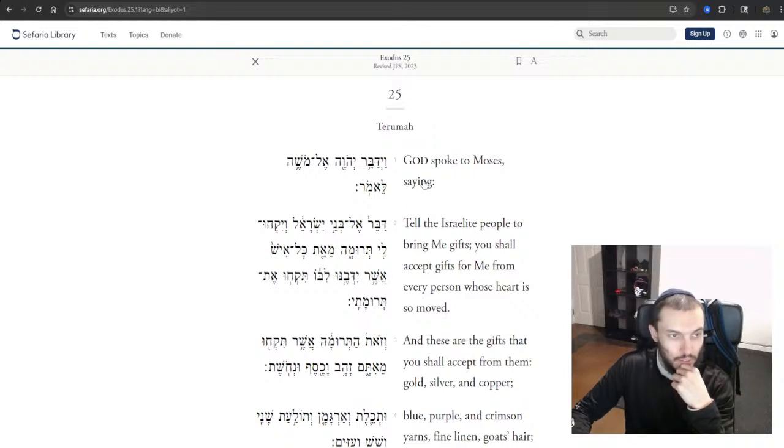However, it's got the cantillations and vowels, I believe. At least the vowels are there, so you can see how each letter is said. I could probably do this in Hebrew as well. It's going to take a very long time. And today I am going to pass on doing it in Hebrew. So God spoke to Moshe saying,